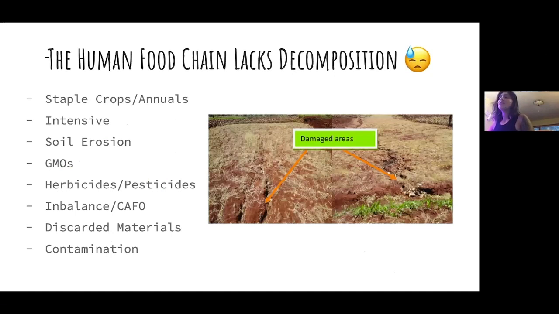So if you're an average American consumer, you may be familiar with a few of our country's staple crops. Soybeans, wheat, corn, and rice being at the top of the list. However, the problem is not what we're growing, it is how we're growing it. Annuals by nature have short life cycles of one season. Therefore, in the US, it takes a lot of energy to plant, maintain, harvest, and till an entire corn crop, for example, every season. Intensive farming exists to produce the most bounty in the shortest amount of time, and consequently,